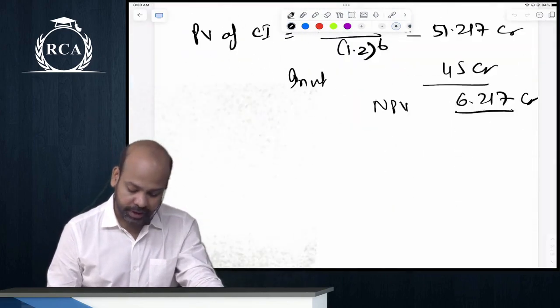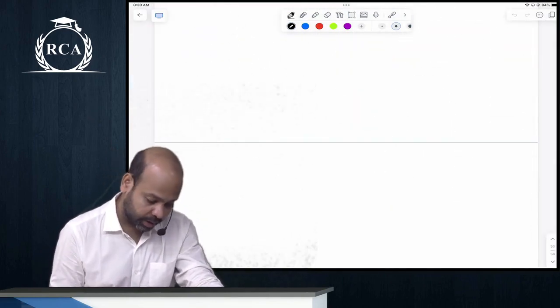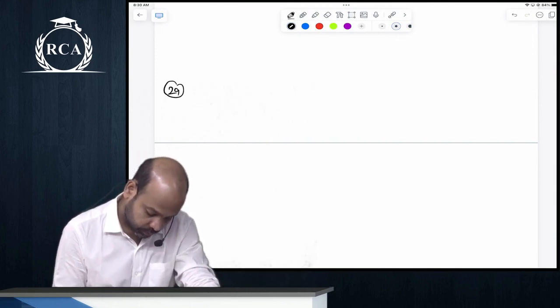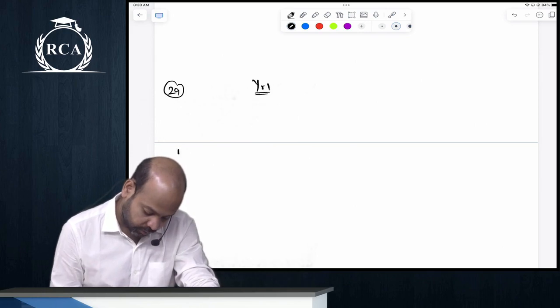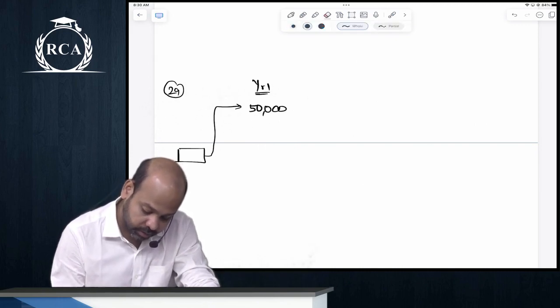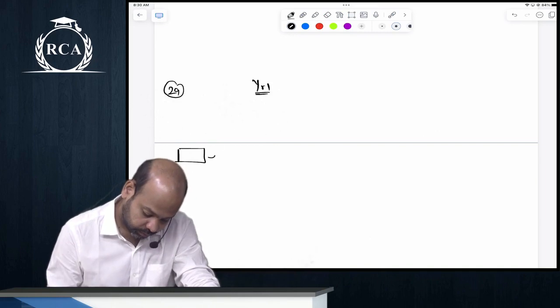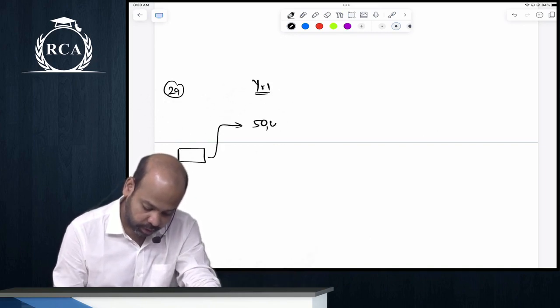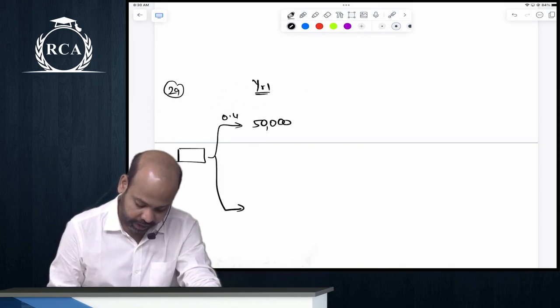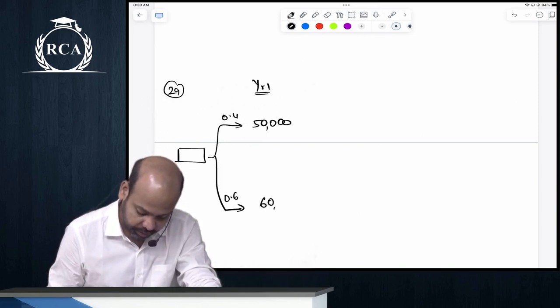You will have to show the entire tree as such, guys. In year 1, what are the two outcomes possible? Once you invest, it can be 50,000 in year 1. The probability of which is how much? 0.4. Or the cash flow can be 60,000. The probability of which is